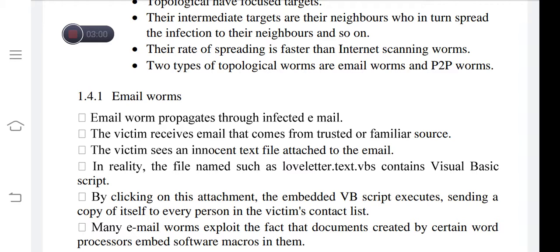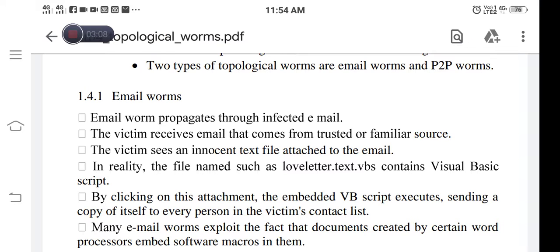This file contains a Visual Basic script, since it is saved with the extension VBS. So if a click is performed on this particular file, which is embedded with VB script, it will be executed, sending a copy of itself to every person in the victim's contact list. That is how it will get spread.